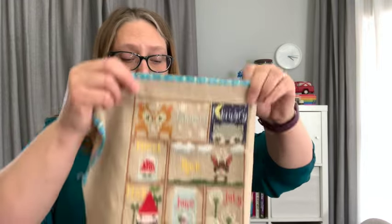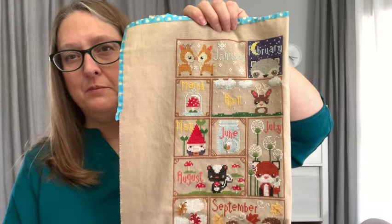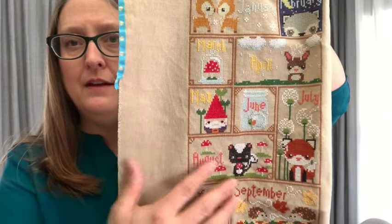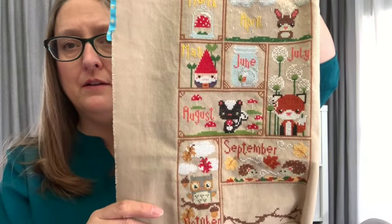And I did not buy this project kitted. I kitted it myself. And at the time, I didn't do much cross stitch, but I loved it so much I wanted to start it. And the metallic thread that I bought has been a bear. So you can see what I've kind of completed so far. And there's metallic thread in places like where the little firefly is, and I think there's some for the little stars up here,